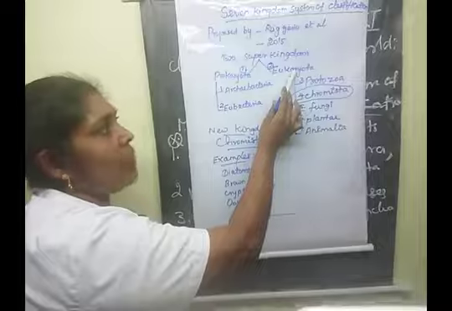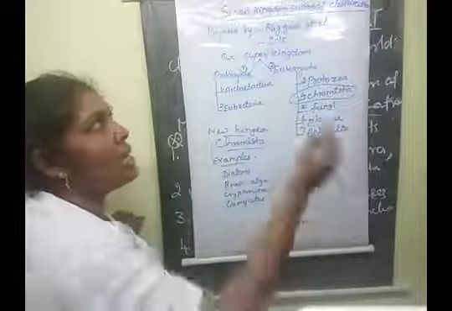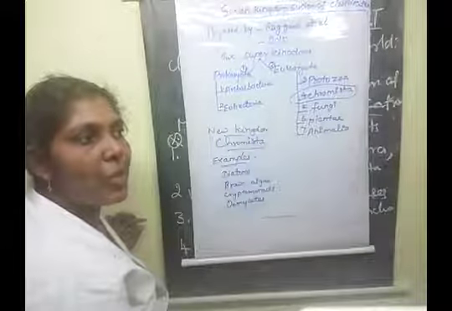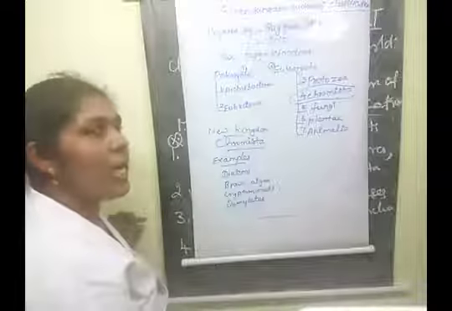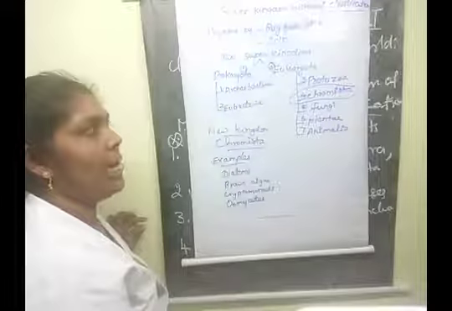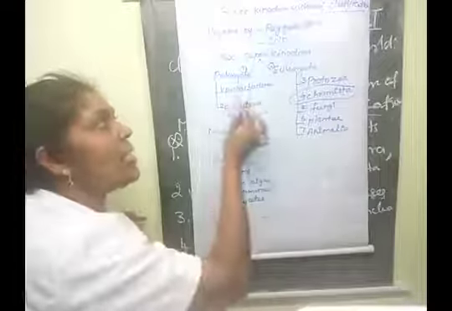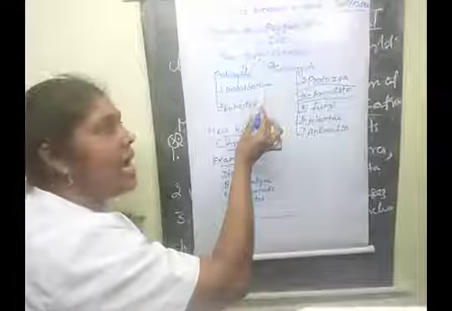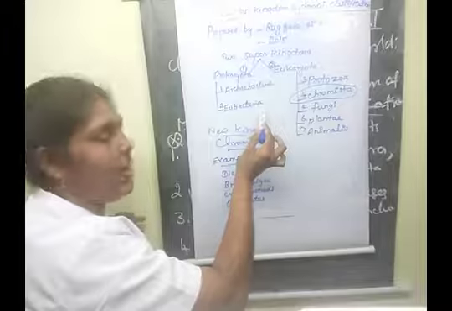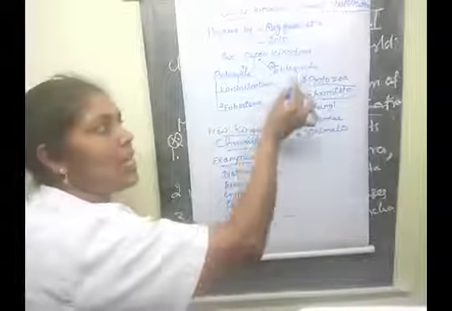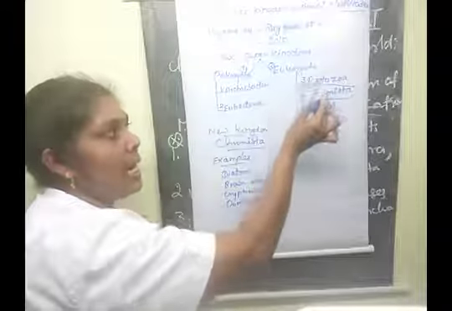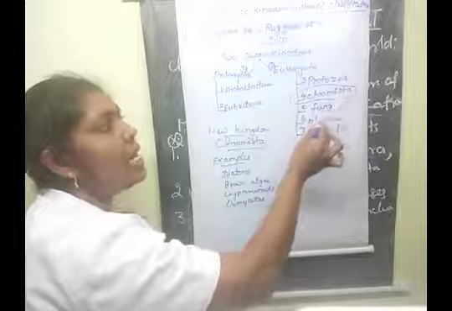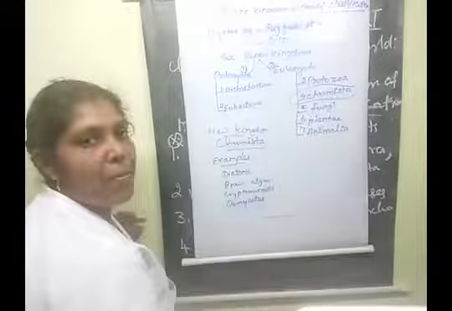Prokaryota, Eukaryota. What are the two super kingdoms under the seven kingdom system of classification? Try it, children. All of you open your mouth and say Prokaryota and Eukaryota. Clear? Prokaryota comes under two kingdoms: Archaebacteria and Eubacteria. Eukaryota comes under these five kingdoms, children: Protozoa, Chromista, Fungi, Plantae and Animalia.